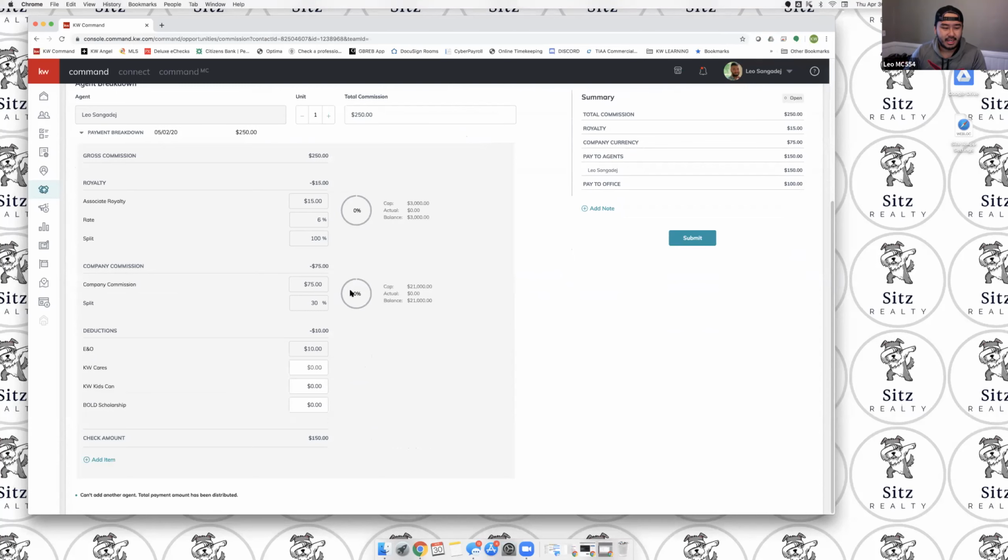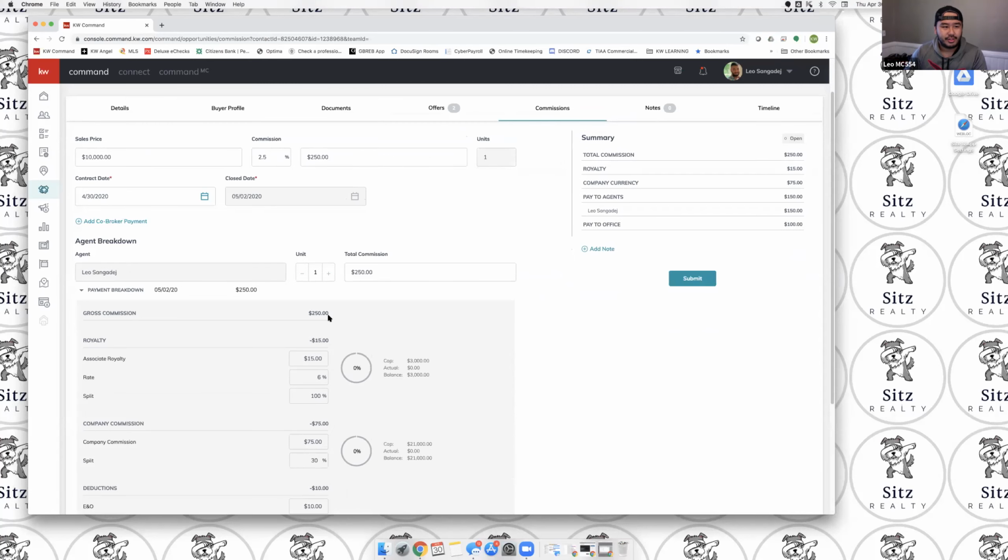With that being said, see how there's no add co-broke, but in green sheets, you can add 1.5 million co-brokes. What you have to do is change the units to add a co-broke if you need it. So if we're doing 0.5,